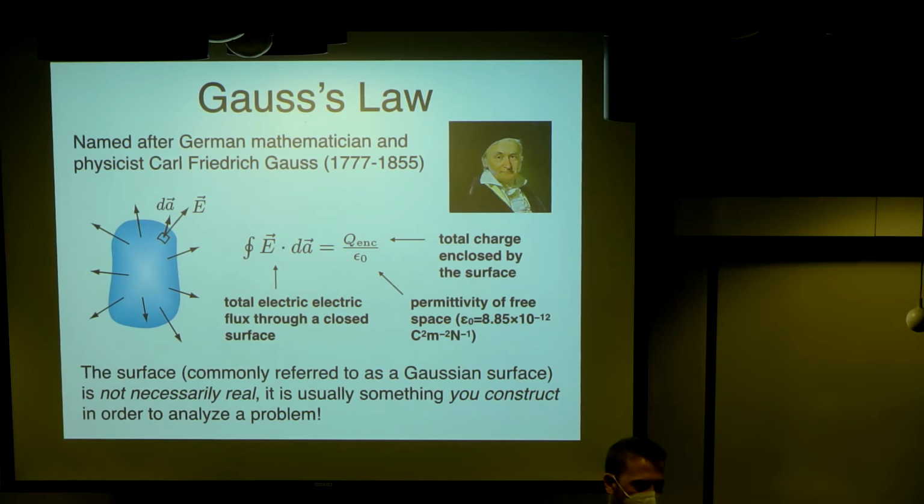So this surface that we integrate over doesn't necessarily have to be something out there in the real world. It's really just something that we construct for the purposes of analyzing a problem most of the time. So it's not something physically real, it's just something we add to the picture in order to solve a problem. Does that make sense? All right. So with that said,